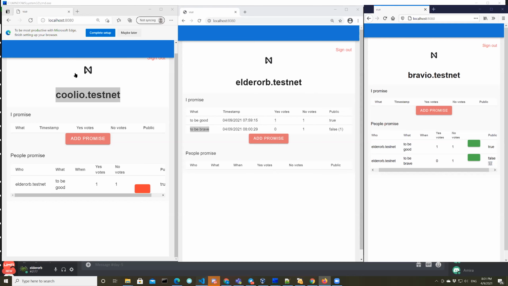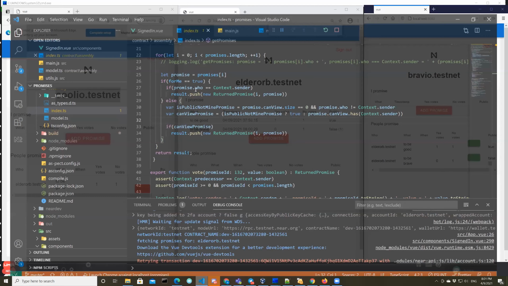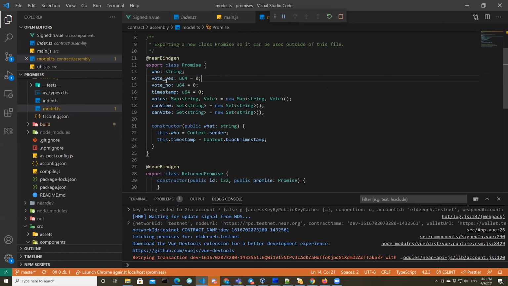From the code perspective, it's pretty simple. We have just a class Promise, which has counters for yes and no, a timestamp, and a map of votes where the key is the address of a particular account, which prevents the same account from voting an infinite number of times.